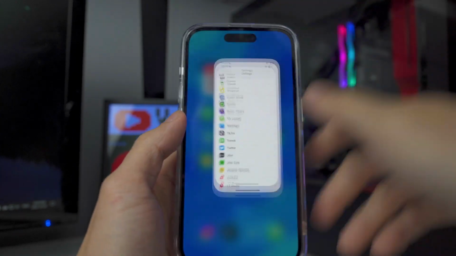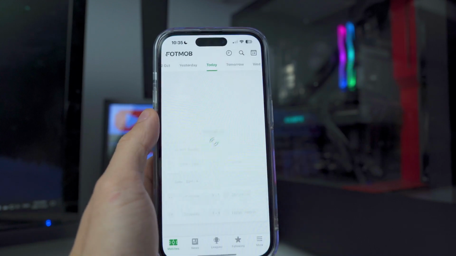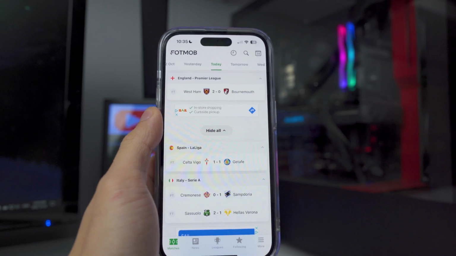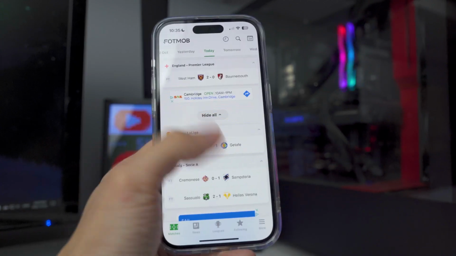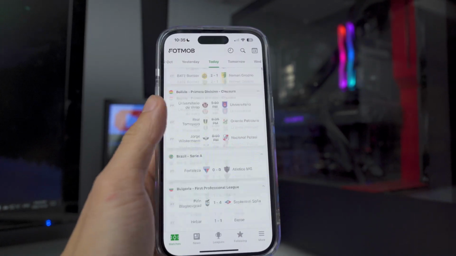So let's get on to the apps. The first app I'm going to be showing you guys is called FotMob. Basically, this app is a soccer app. So for anyone into soccer or football, or whatever country you're living in, you may call it differently, if there is a game currently live on this app and you want to enable the live activity feature,